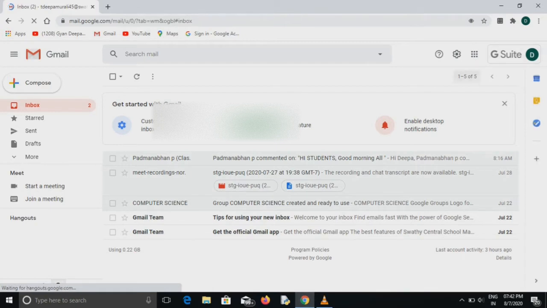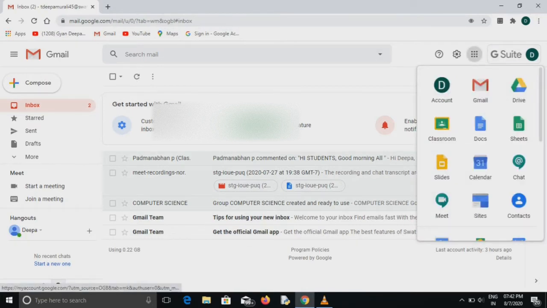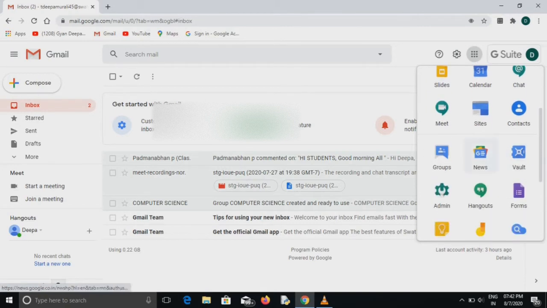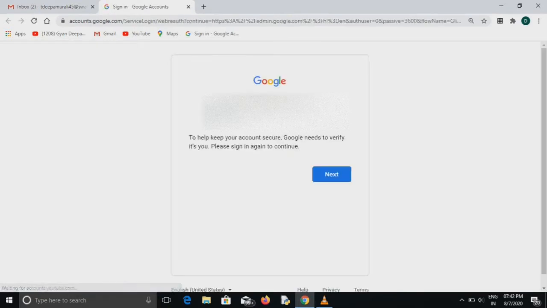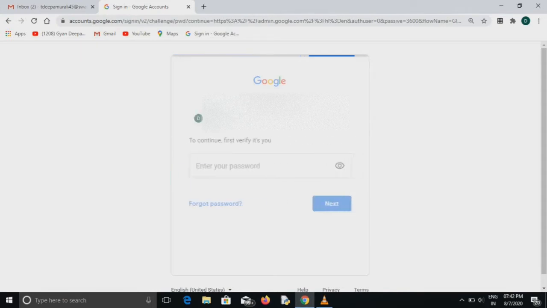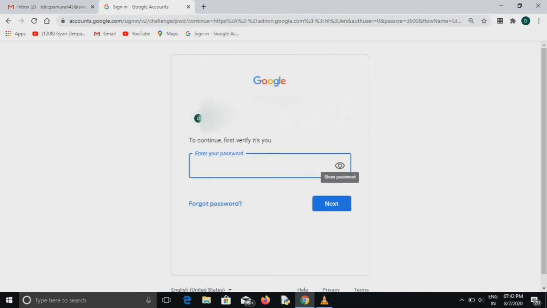In this session, I am going to present what we can learn in a G Suite account. As a teacher, how can we manage our classroom and create new accounts for our students? How can we do all those things? In addition to that, which are all the new features added to your G Suite account? These are all the things in today's agenda.